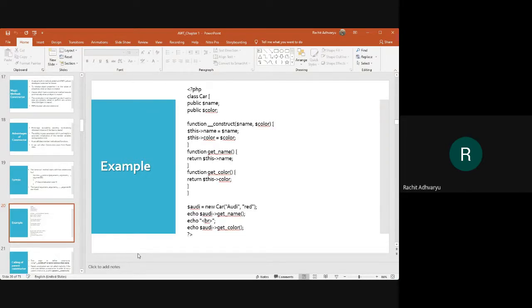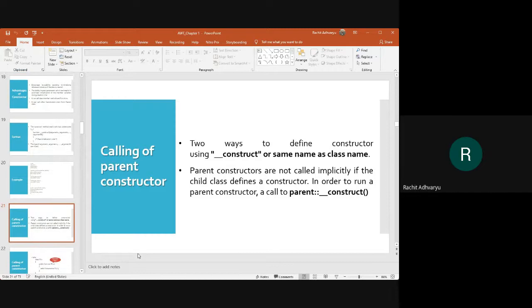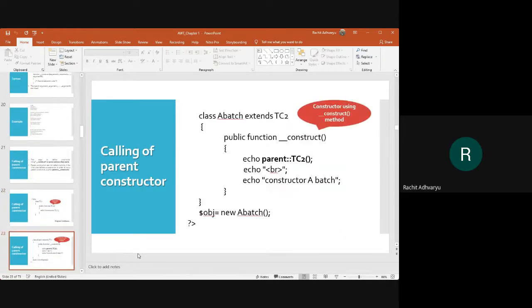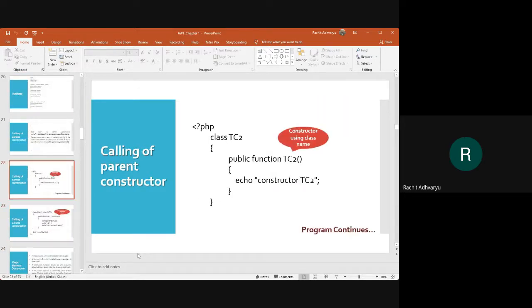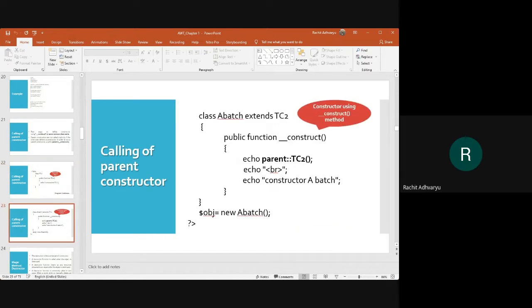Right. Then guys, we also came to know that we can inherit the constructor in the base class. So can anyone tell me how to inherit the constructor from a base class to a child class? This is what we call the inheritance of a constructor of a base class to a child class.